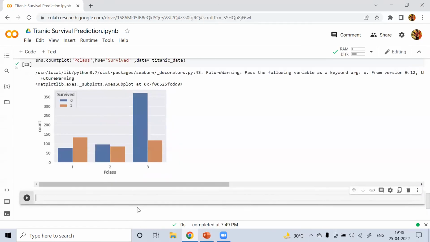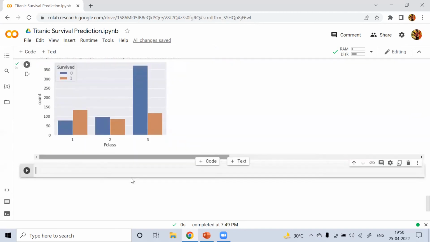We can clearly see that for first class this many people died and this many survived. For the second class, this many died and this many survived. And for the third class, more people died and fewer survived.